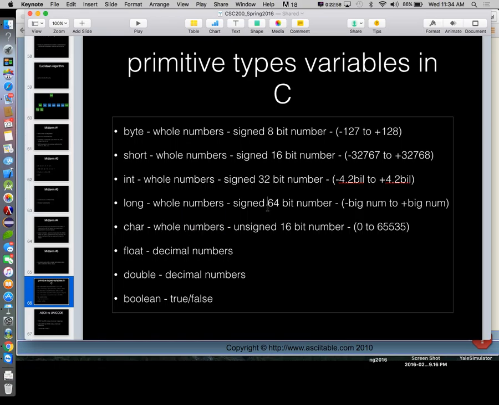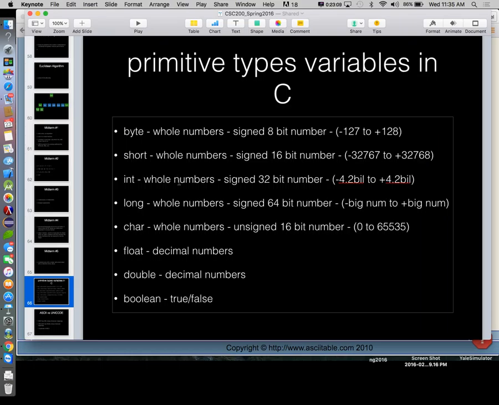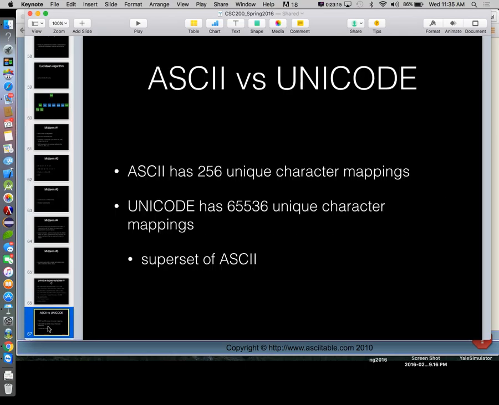All right. Now, question number 6 really involves these four right here. So why do we have four different ways of holding positive and negative whole numbers? That's really what I'm asking. All right, and this goes back to